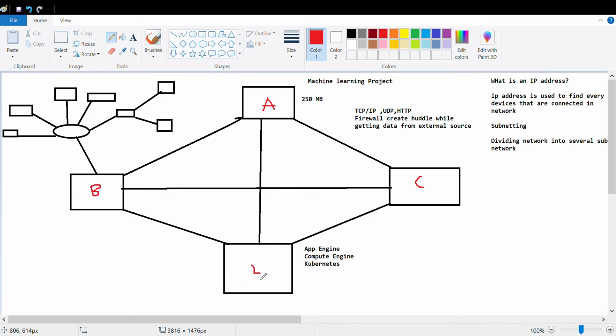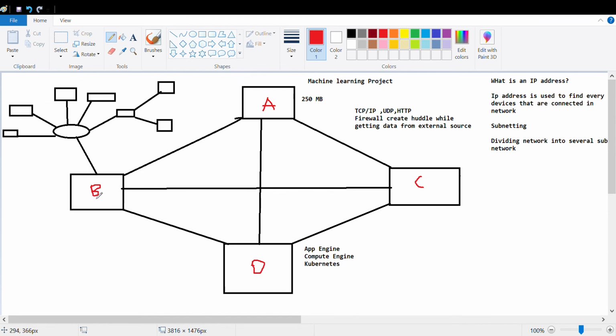Now suppose you are working in an organization. Suppose A is in India, C is in Germany, D is in France, and B is in Europe, or maybe in Dubai or somewhere else. When A wants to send a signal to B or C, it can direct the traffic between these.